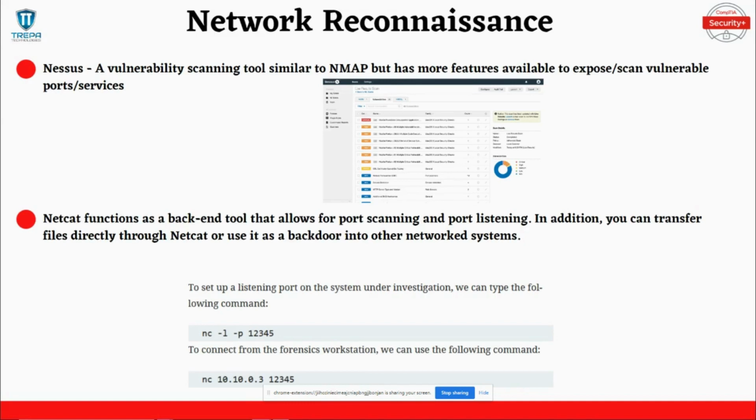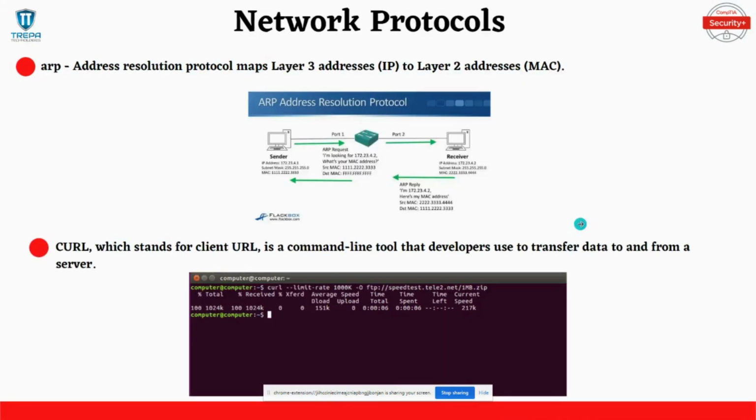Netcat functions as a back-end tool that allows for port scanning and port listening. In addition, you can transfer files directly through Netcat or use it as a backdoor into other networked systems. ARP is the Address Resolution Protocol that maps layer 3 addresses to layer 2 addresses. Your computers will have an ARP table that you can see by typing in arp -a from the command line for